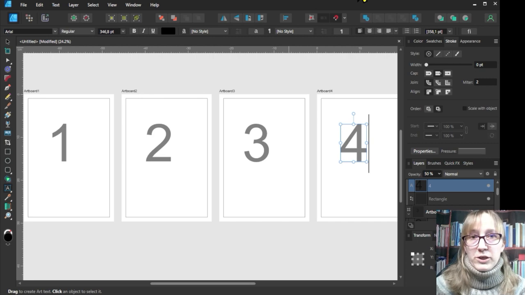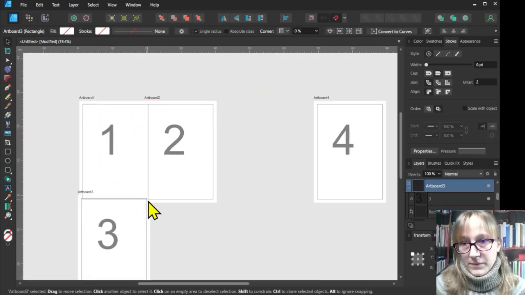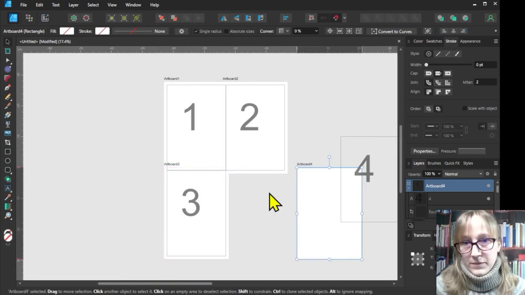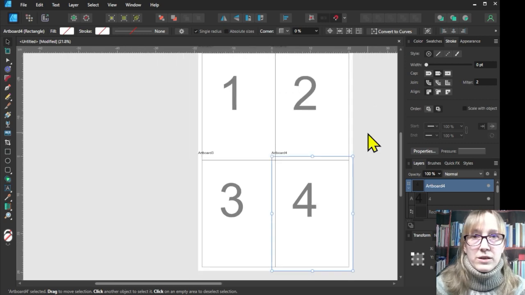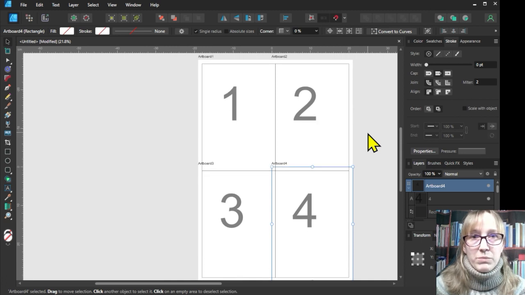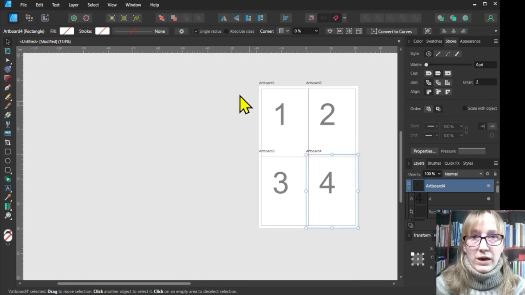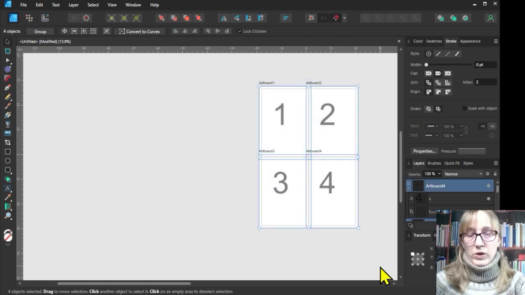Next we put the pages together, add the glue edges. So we push the pages exactly together. If necessary, use the arrow keys to fine-tune the position. Now we have created 4 template pages. If you need more down or to the right, copy and align accordingly. Afterward, I group the template, so mark everything and Ctrl+G.